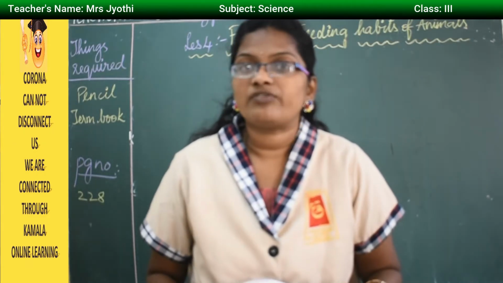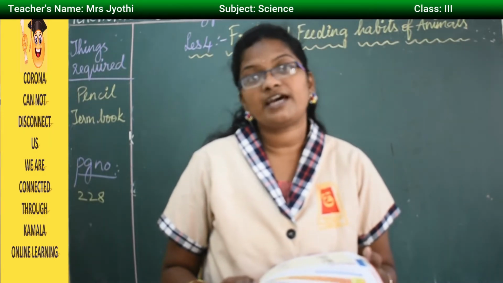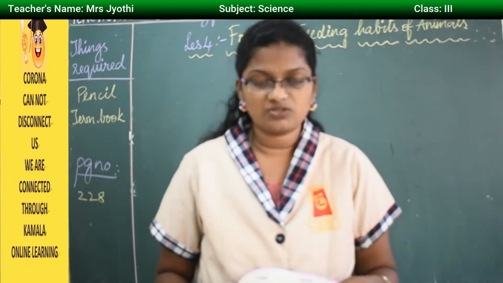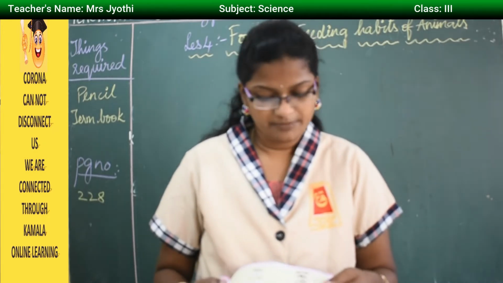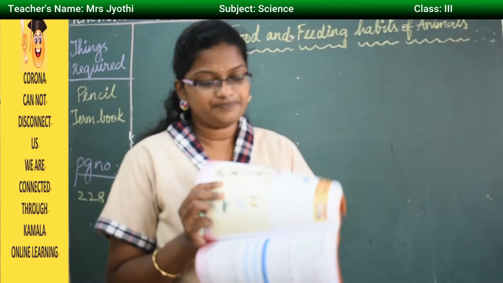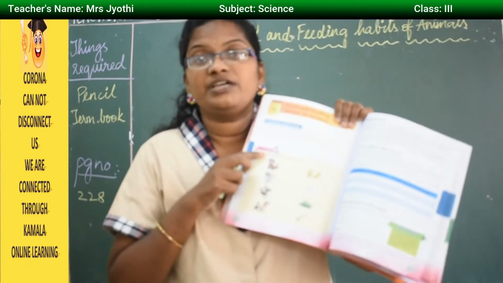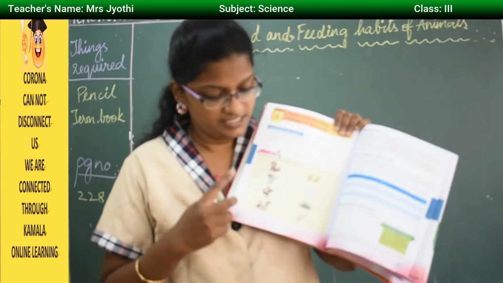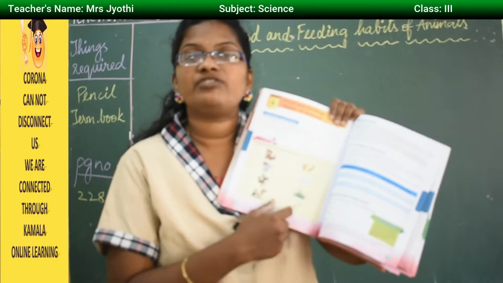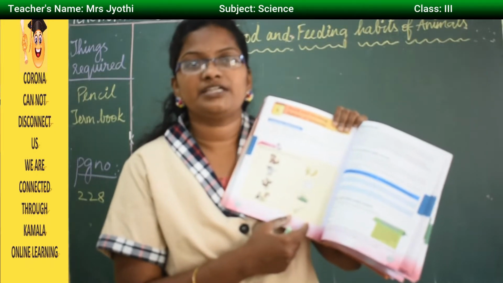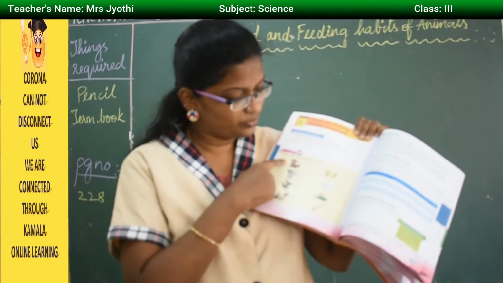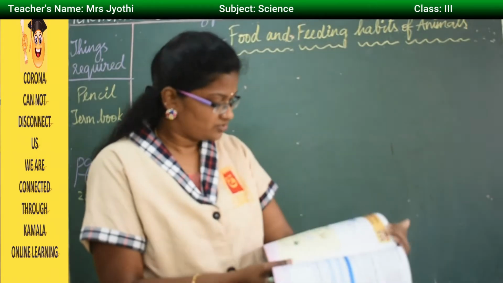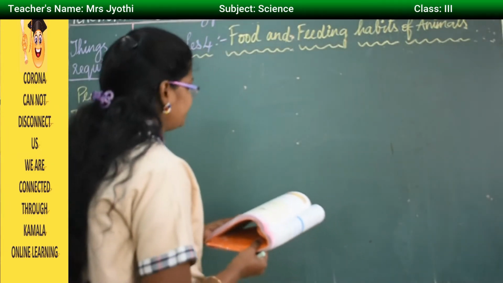Now here you have a warm-up box, so keep your pencil ready and a scale also. Match it with the help of scale and pencil. Now if you look here, on one side you have the animals and on the other side you have the food items which they eat. So what you have to do? You have to match it. Okay. So I am writing here.